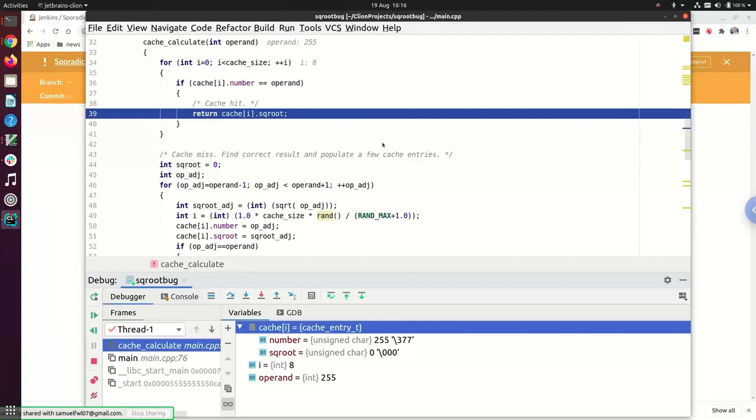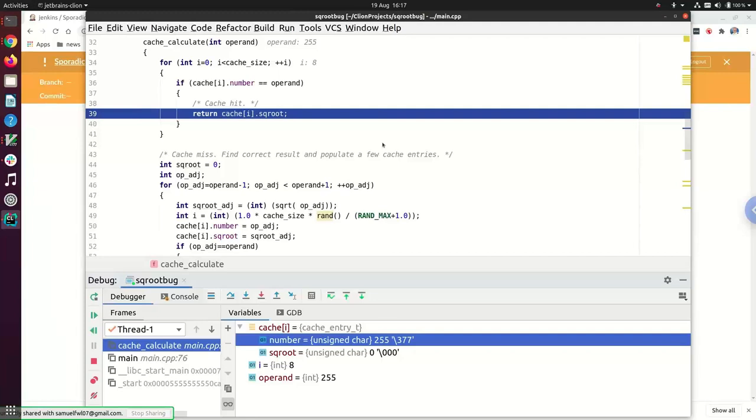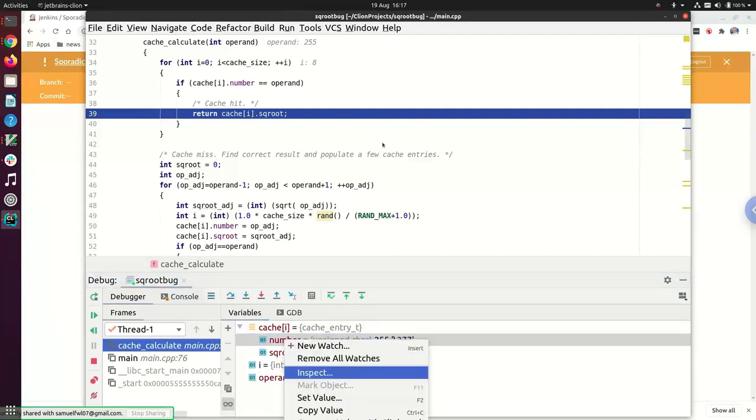As a programmer looking at this kind of issue, this is a bad day at the office, right? I've got some kind of corruption in my data structure, and I don't know, is it caused by a pointer error? Is it a threading problem? Is it a logic error? All I know is it contains bad data. I need to know how that happened. So what I'm going to do here, and this is the second piece of magic, is...